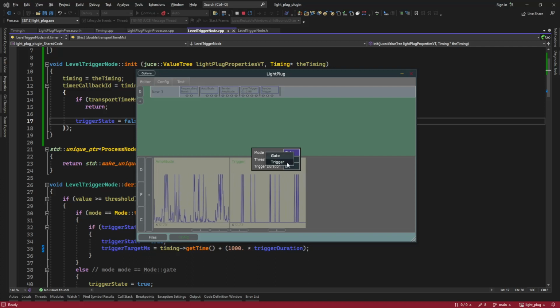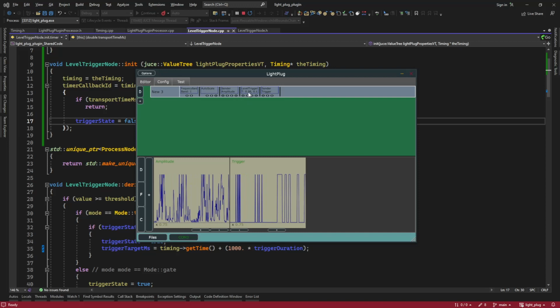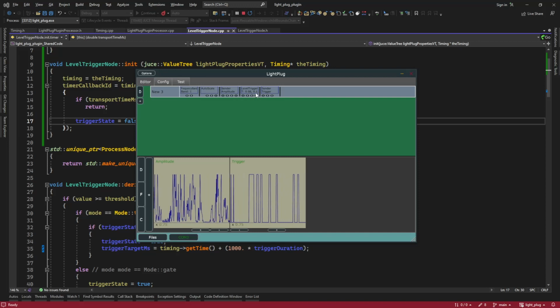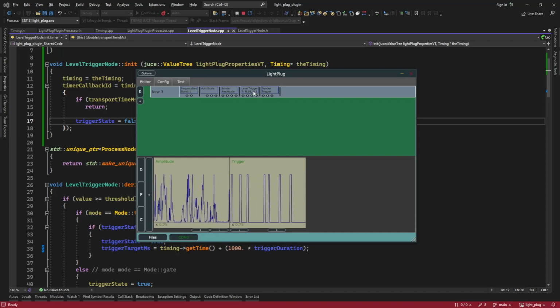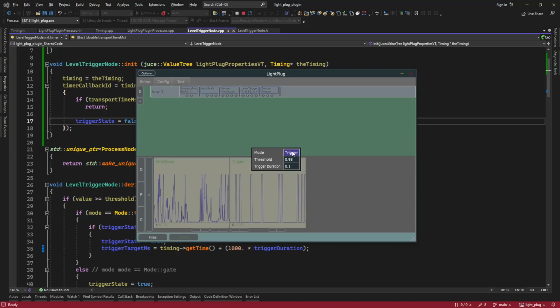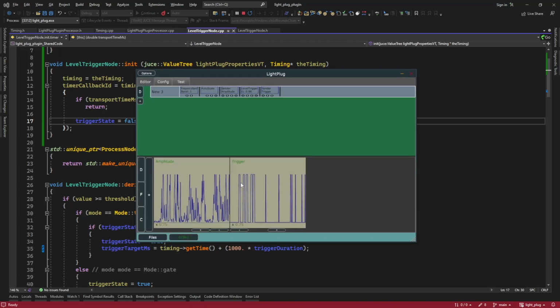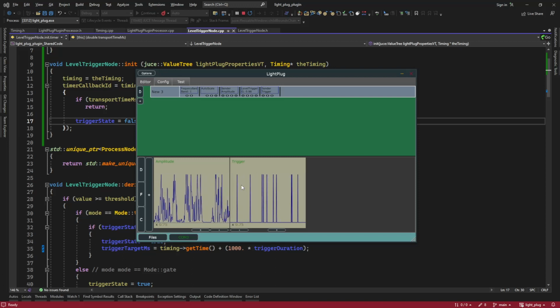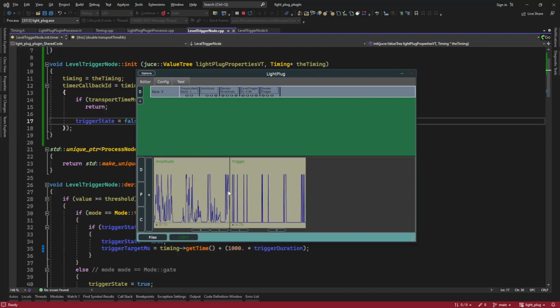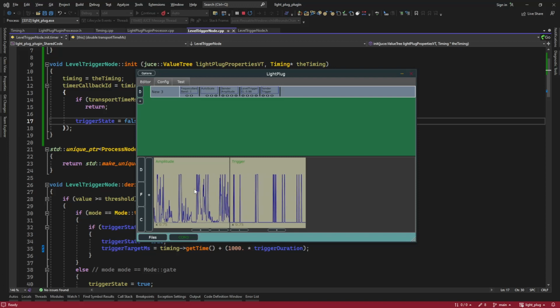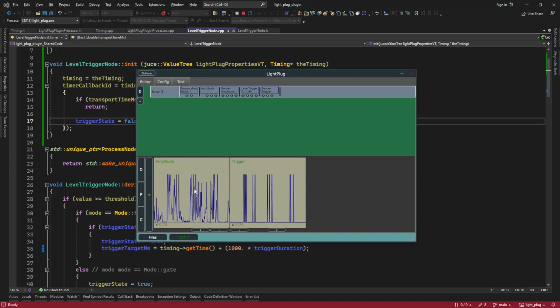If we go ahead and we switch this to a trigger, we'll see that the text up here is now T, the threshold level, and the trigger time. And if we swap back to gate real quick, we can look at the graph differently now. So we can see here that every time the amplitude is reached in the signal, we're generating a gate,